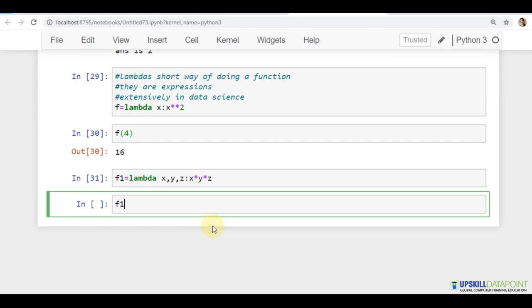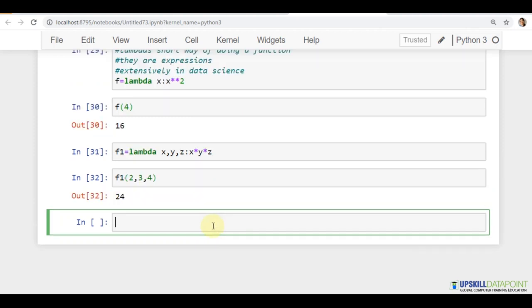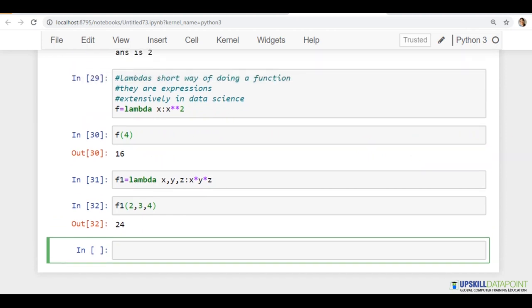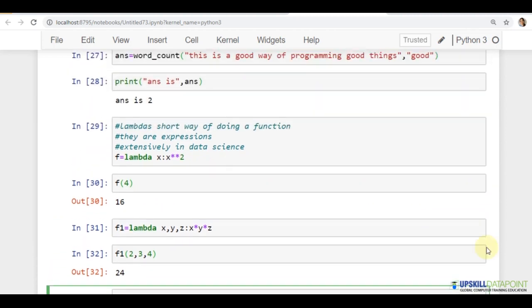So when I call f1 and I pass here say 2, 3 and 4, 2 multiplied by 3 is 6 and 6 multiplied by 4 is 24. So you can see a very short way of doing calculations, just simple expressions we are writing and getting the work done.